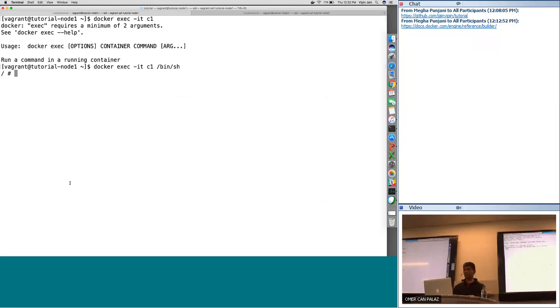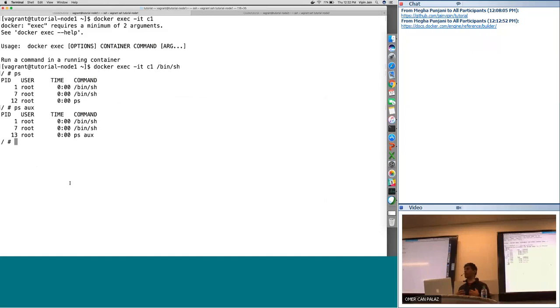What this means is if I look at the ps and ps aux output, there are only 3 processes I can see inside the container. Remember how in the operating system I was able to see so many processes running? I don't see those anymore, mainly because this container has been given a separate process ID space. From the Linux kernel point of view, whenever I do ps, I'm querying the Linux kernel to tell me what processes are running.